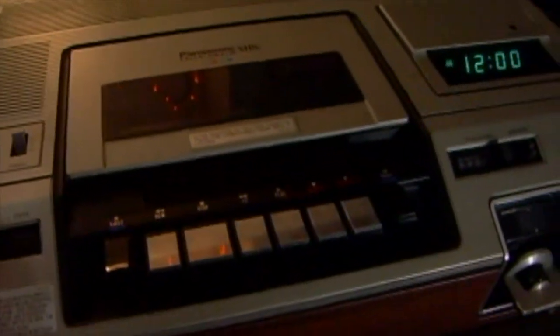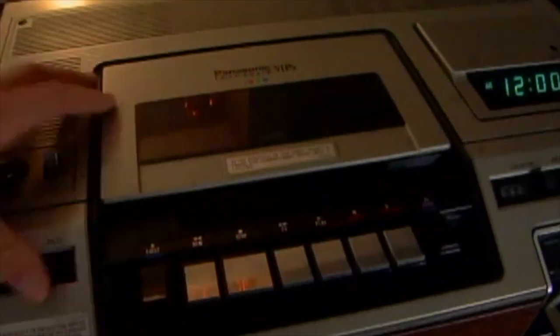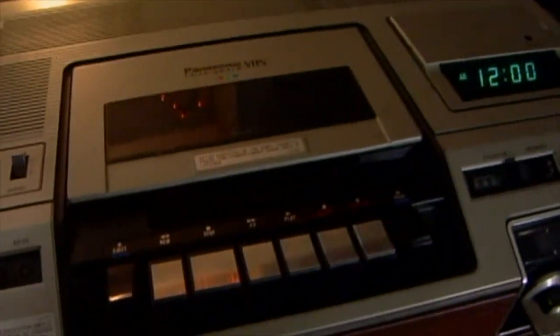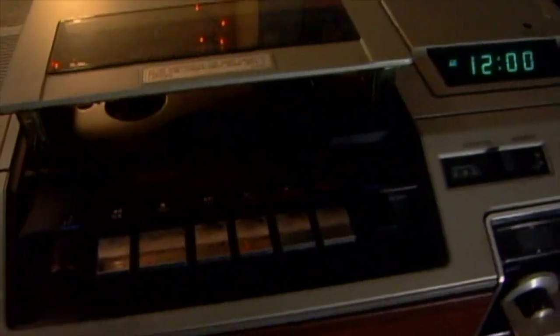burned out. Looking at the front of the VCR, you can't really tell where the sensor lamp is. You actually have to take off this top and remove the top of this, which I will show you later on in the video. But the purpose of this sensor lamp, which is all the way back in here, you won't be able to see it until I take the actual top off, is it sensed when a tape was